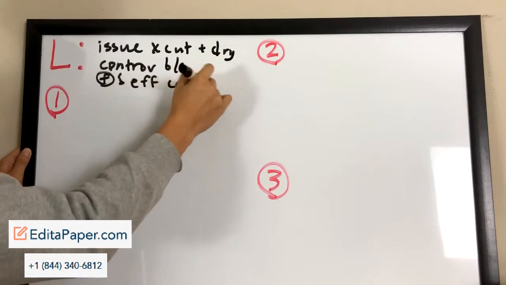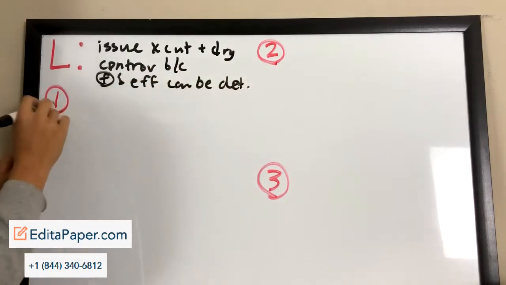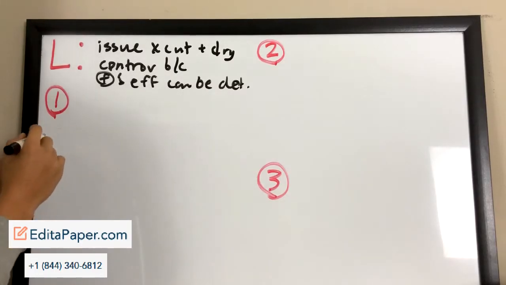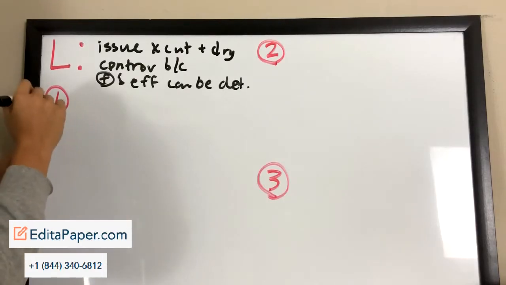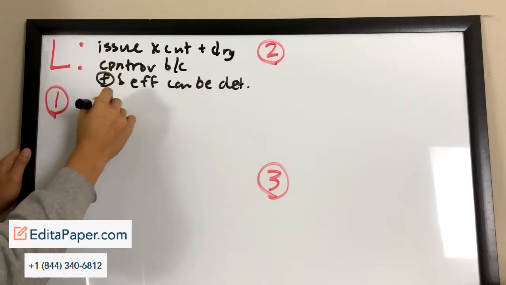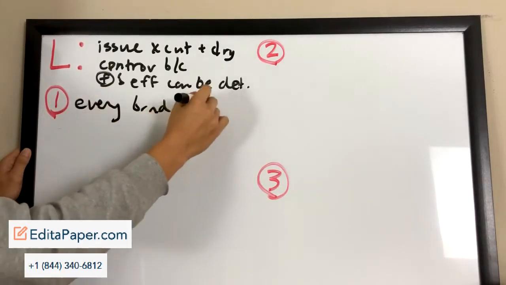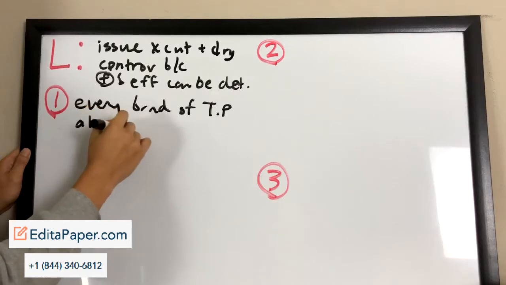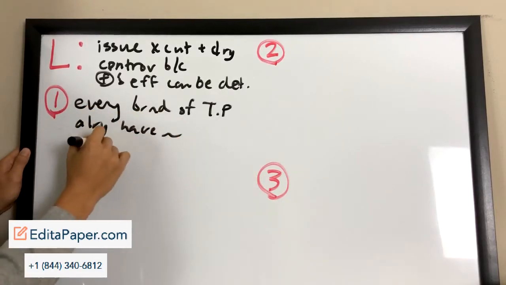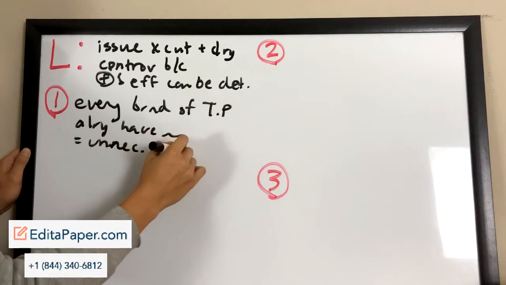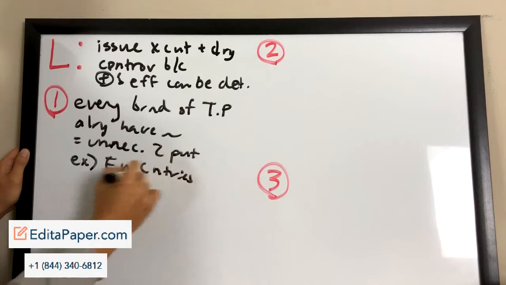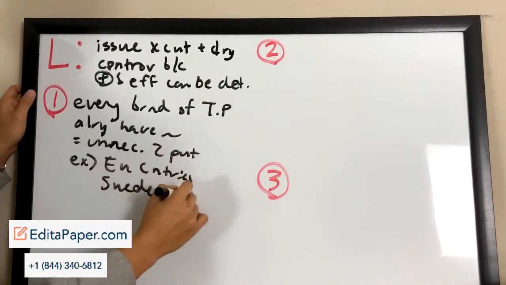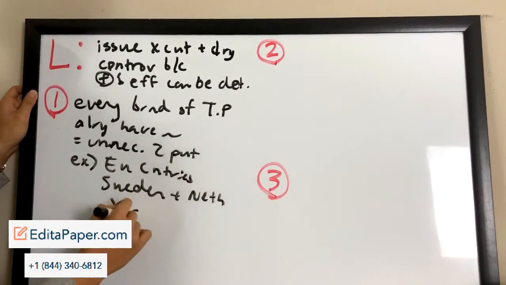The main argument in favor of fluoride has been its tooth care properties. Countless studies show how much our teeth are being protected by the inserting of fluoride in drinking water. What these studies forget to mention, however, is that practically every brand of toothpaste already has fluoride in it. This means it's totally unnecessary to put fluoride in drinking water. As a matter of fact, many European countries have abandoned adding fluoride to their drinking water. Some, like Sweden and the Netherlands, haven't done so for over 30 years, yet they exhibit no decline in dental